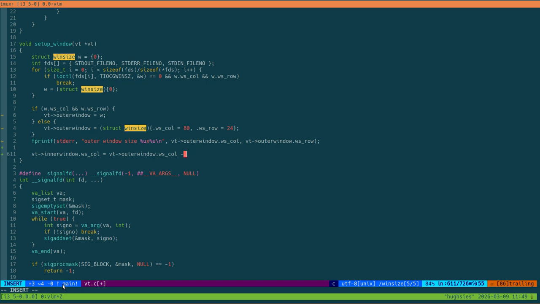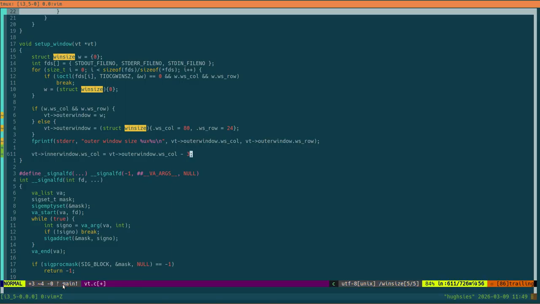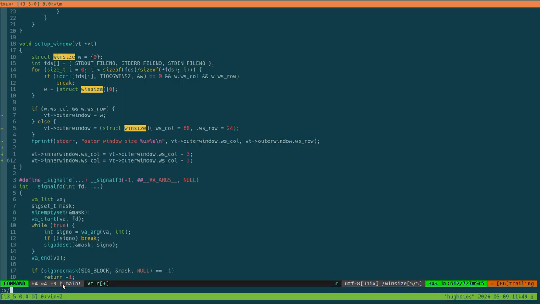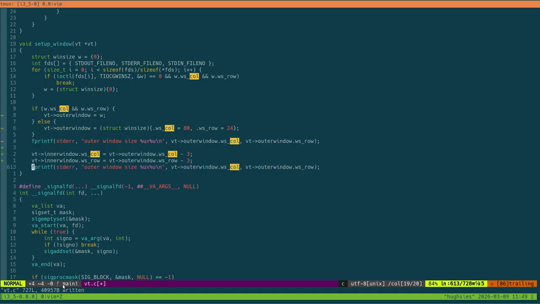So how I might go about that is having 2 digits on each of the gutters. So I think I need to subtract 3 from the column and then also the row,